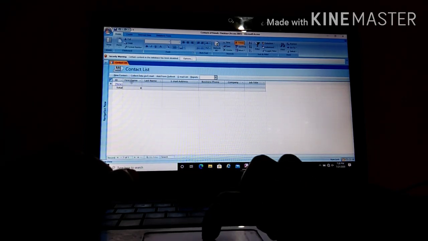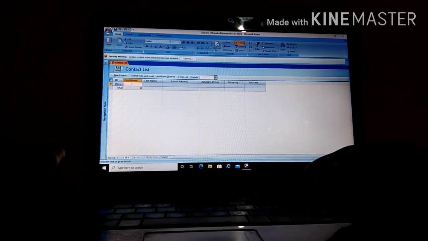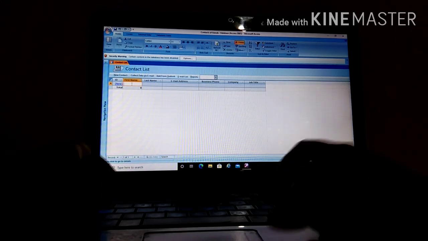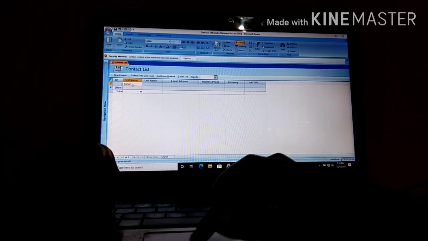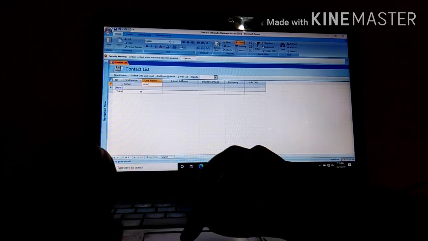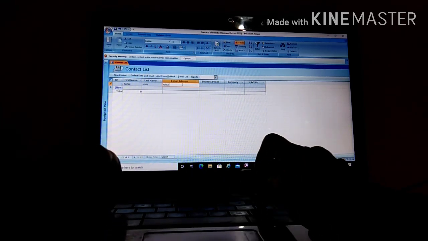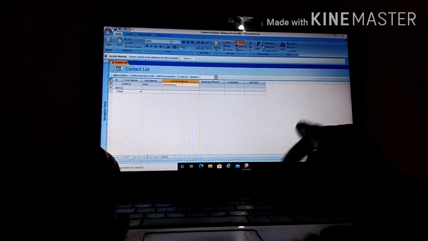What you can do is type the first name here. Suppose you are creating a list of your friends' names, then you will start with your friend. For example, I'll write the name of your friend Rahul and the last name Shah. Email address if he has. For example, I'm giving rough information, or you can say fake information.